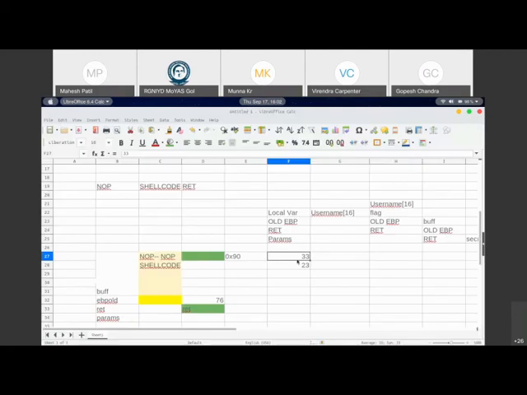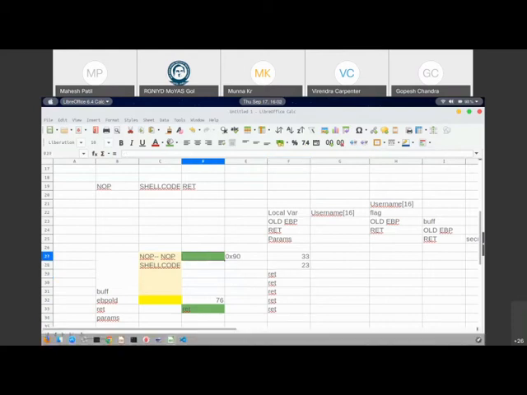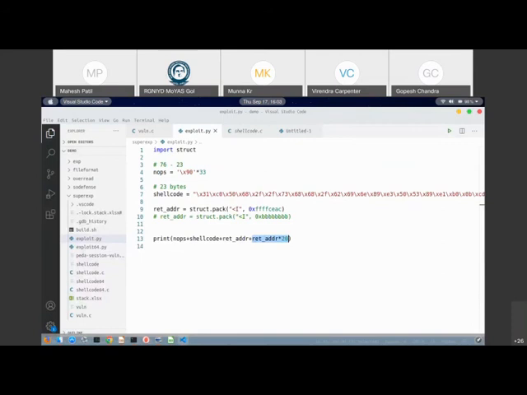It means after 23 bytes, whatever is there, we fill it up with the same return address. This return address is the place where it is going to jump to the NOP instruction. That is how we are formulating the NOPs plus the shell code plus the return address.